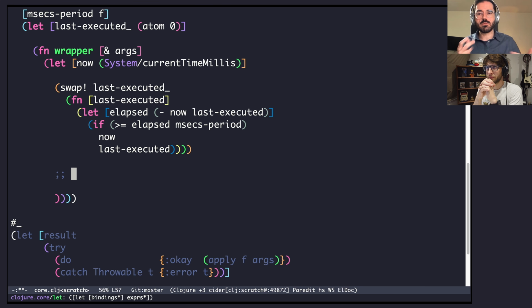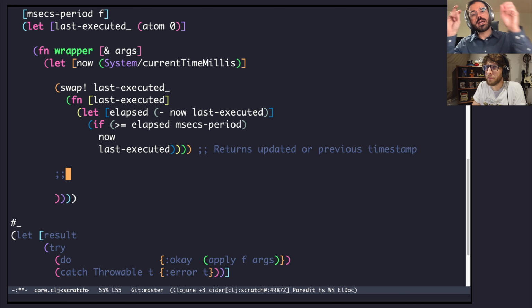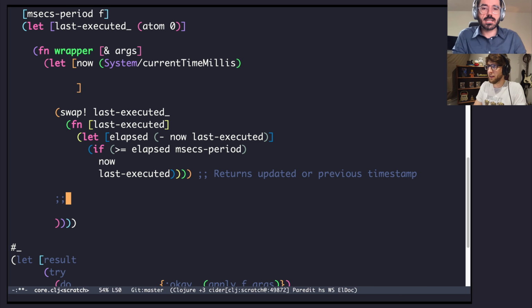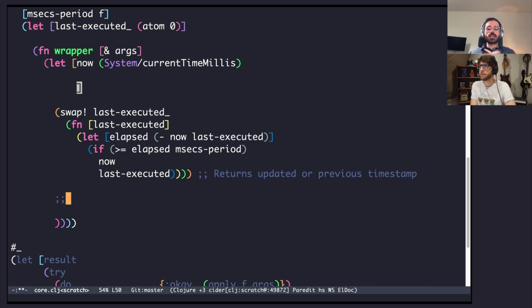We still need to actually apply f. In other words, what we're going to get out of this is the updated or previous timestamp, where the updated one is going to imply that we should run the function now, and the previous timestamp implies that we should not. There's either been a swap or there hasn't been a swap. If there's been a swap, that means exactly. Let's execute. Exactly. And now this is actually a nice segue into another utility that was added into Clojure recently, which was nice,